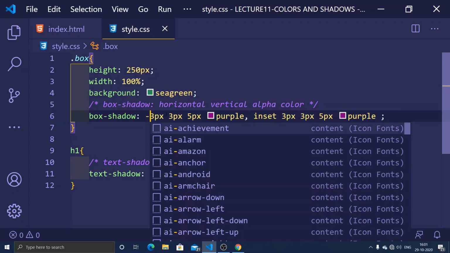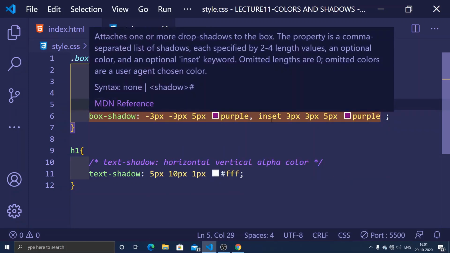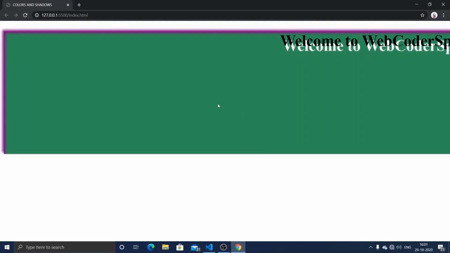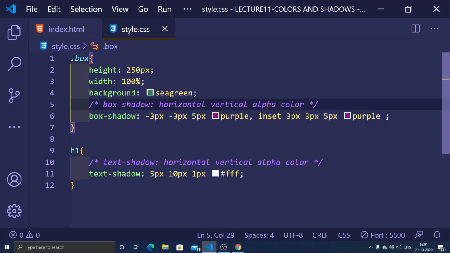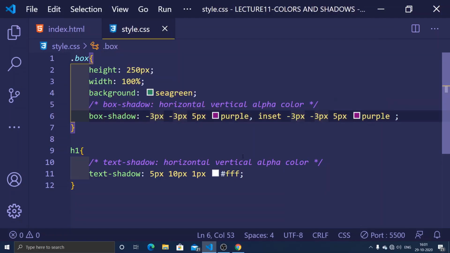Because negative means the inset is now completely inverted. By giving it a negative value, you can see it is now reversed. Now all the value was on the upside, and if I give it like this, it will also reverse. The negative value is going to reverse the color properties. It will also give me the same result. So there are a couple of ways to deal with this.